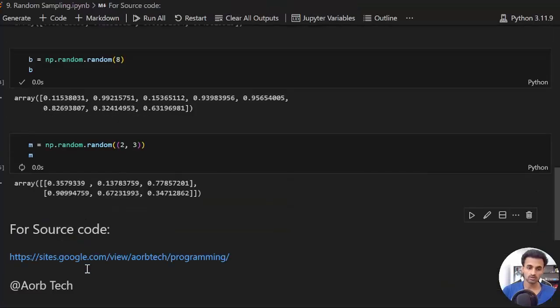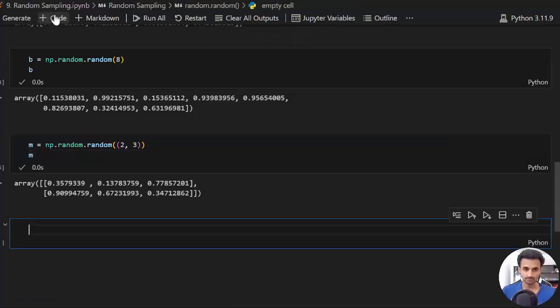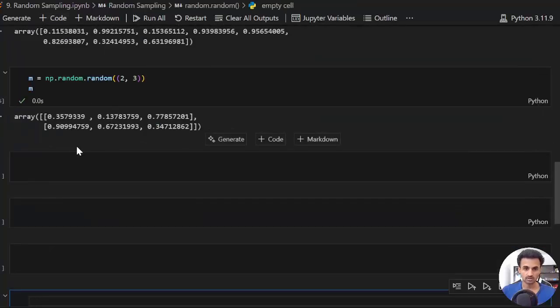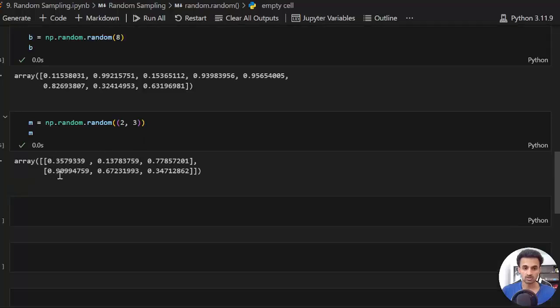If I print, you get the results, and this result contains 2 rows and 3 columns. The values are from 0 to 1, and it's any random value. So let me show you another example maybe,